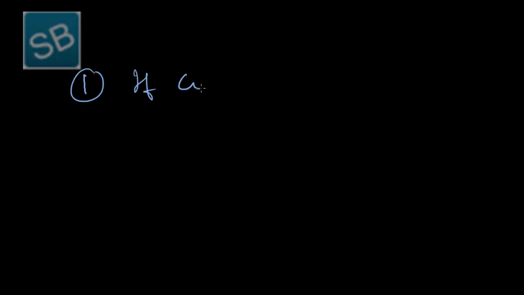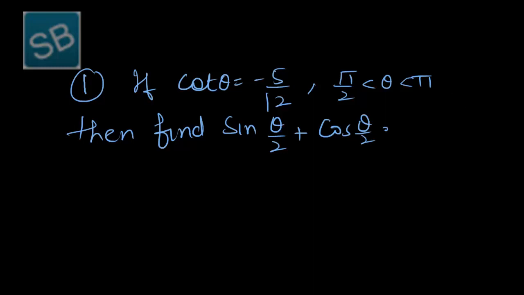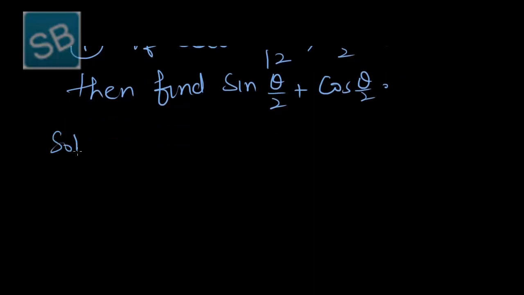If cot theta is equal to minus 5 over 12 and theta lying between pi by 2 to pi, then find sin theta by 2 plus cos theta by 2. So the solution is,